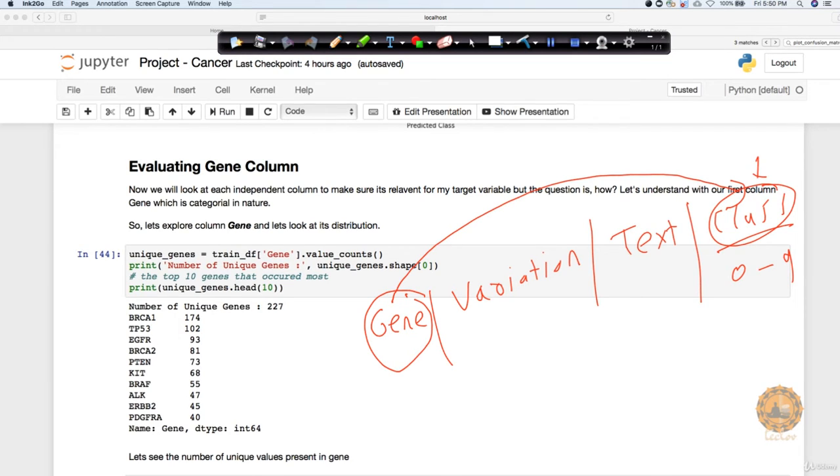In order to do this, we will do some analysis, and also if it is relevant, we need to bring this categorical variable into an appropriate format which my machine learning algorithm can really understand. Right now this is completely categorical, so my machine learning algorithm cannot take that value exactly as it is. So we need to apply some sort of techniques to get this done.